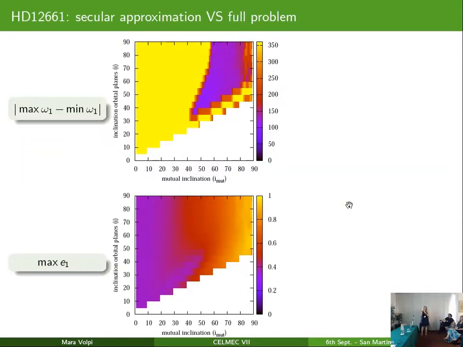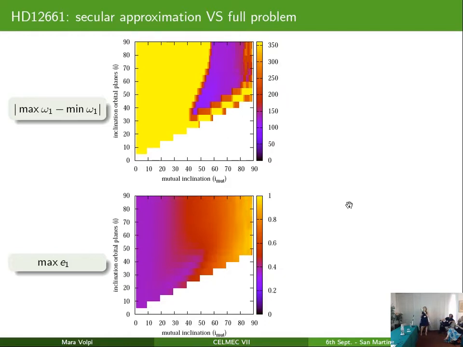Let me introduce now HD 12661, which is going to serve as an example for all the other systems. All the colorful plots that we are going to see from now on have on the x-axis the mutual inclination, and on the y-axis the inclination of the orbital planes, meaning that if we follow a horizontal line, we have fixed the masses of the planets, and what we are doing is increasing the mutual inclination between the planets gradually. On top, we have plotted the maximal excursion of the argument of the pericenter of the inner